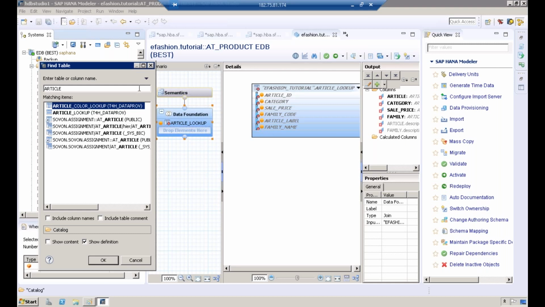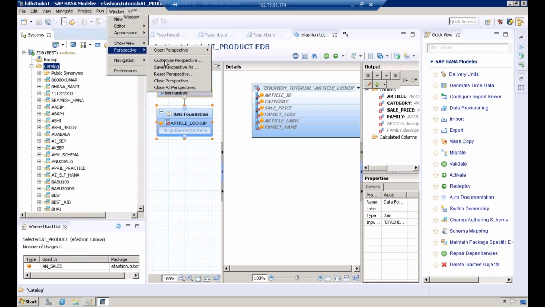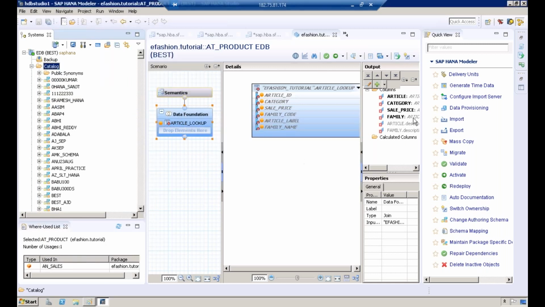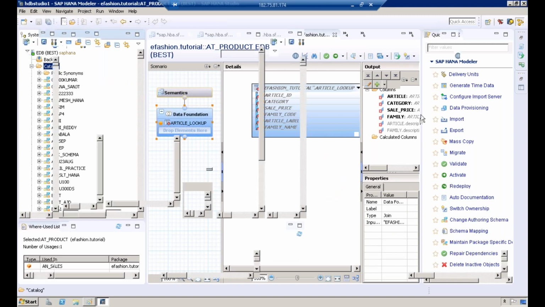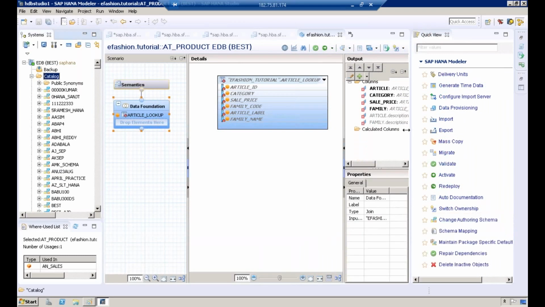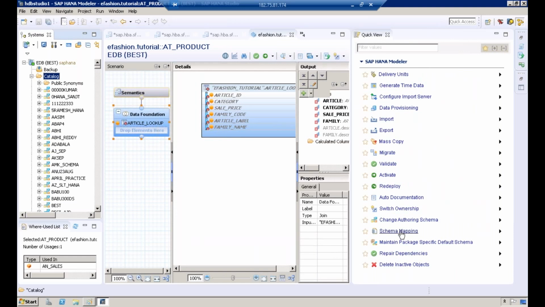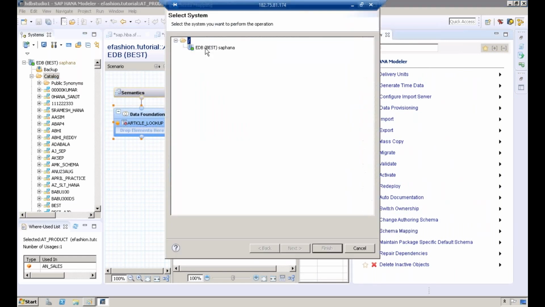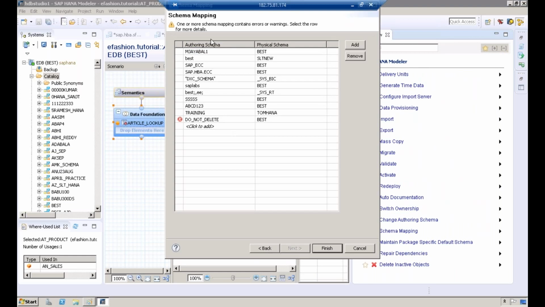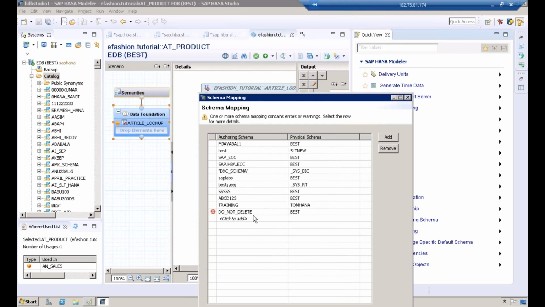In order to map this, I click on Window, Perspective, Reset Perspective. Let us go to the quick view. Here at the quick view, you have an option called schema mapping. Click on schema mapping, select the system, click next. Now here we need to map the schemas. Already there are some schemas which are mapped by participants. Now I'm going to map